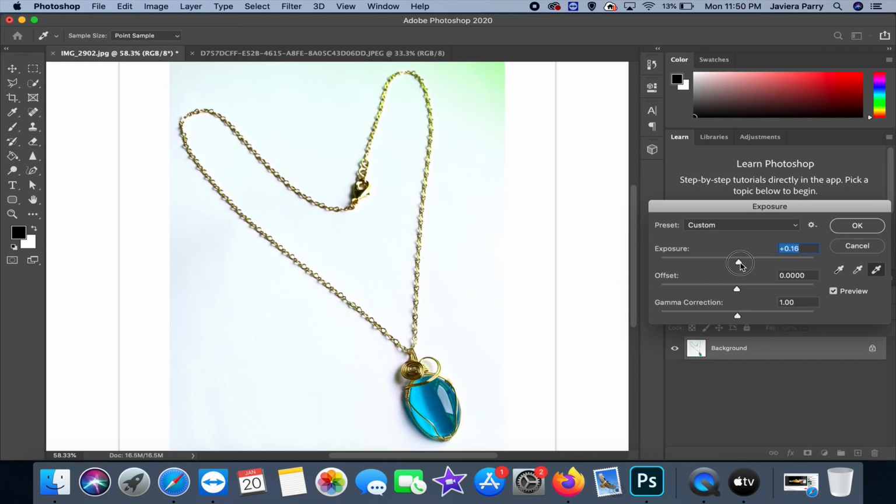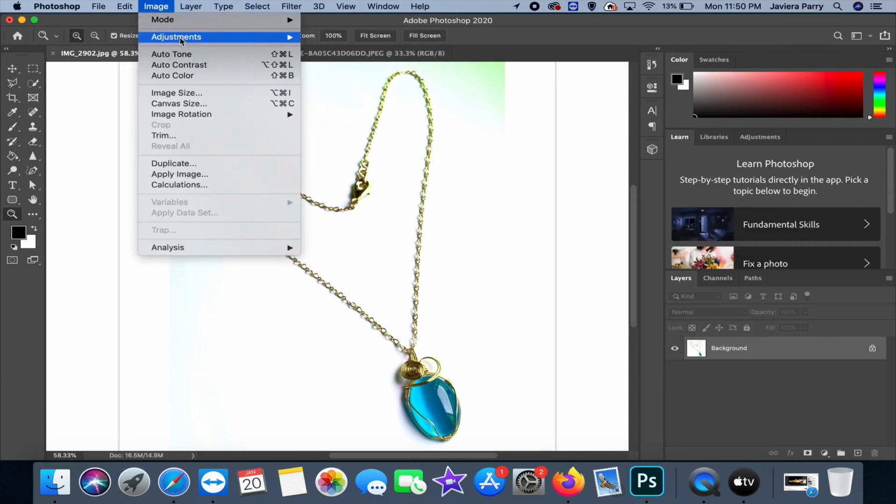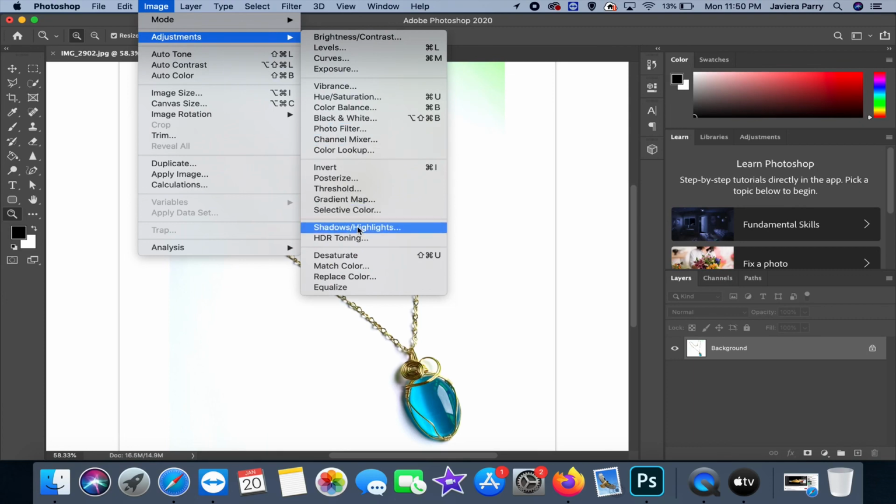That doesn't look too horrible. You can always adjust it by hand too, like that. Ooh, that looks nice. Kind of came out great there. This exposure is like awesome, so I recommend using it. I'm going to press OK. Now I'm going to go back to image again, because this is where your items, your